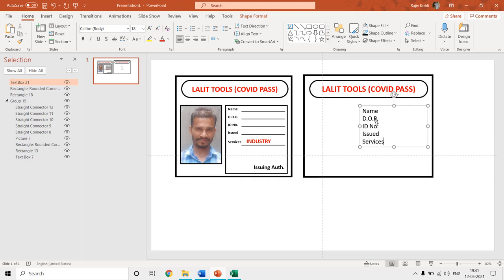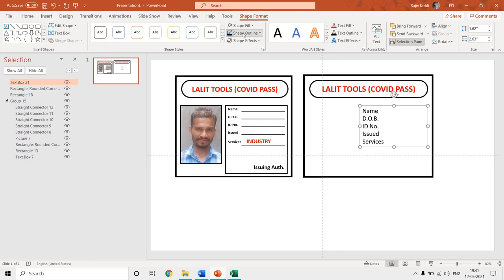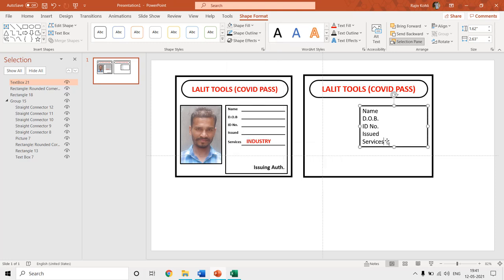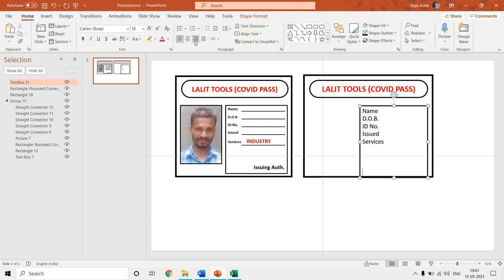but now I want this text to be inside a rectangle. So the text box is itself a rectangle. What you only need to do is to go to shape format and have a outline color like this, and also I can change the weight. Now here I hit the enter key and go to the right side, right alignment, and here I type issuing authority,